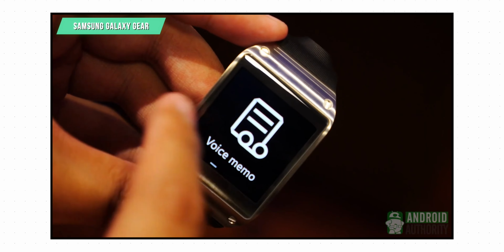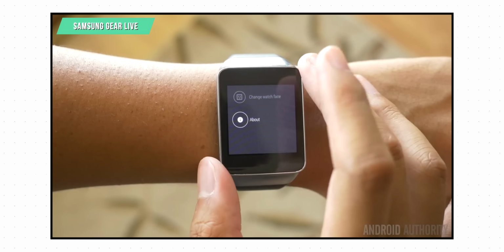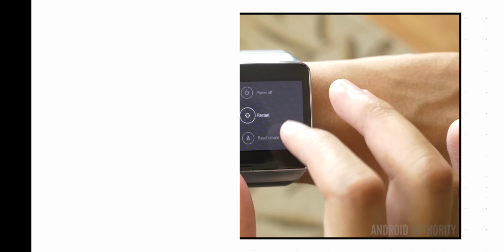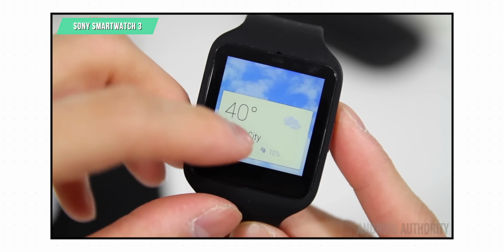Let's go back 10 years in time. The first Samsung Galaxy Gear, the Gear 2, and the Gear Live were all square. Many of the first Android Wear watches were square too. Around 2013-2014, there was a good mix of round and square designs from LG, Asus, and Sony. Then, over the years, the square design started disappearing. It's like Apple got an exclusivity deal on the square shape, while Android watches went round all the way to